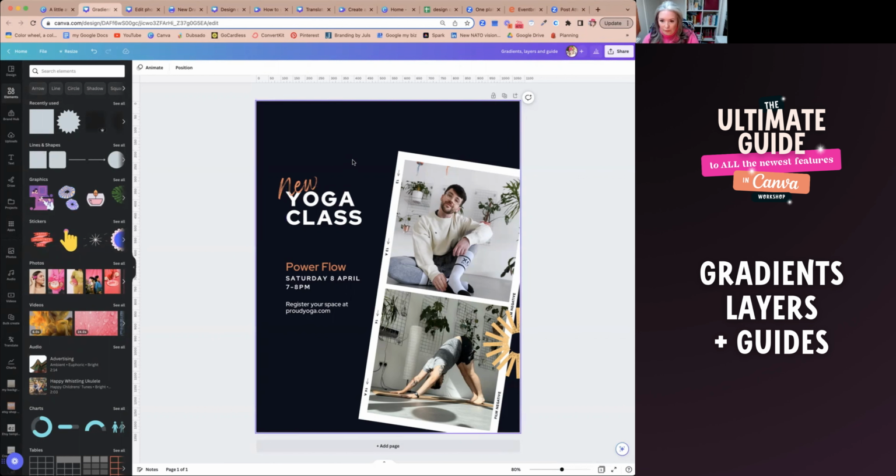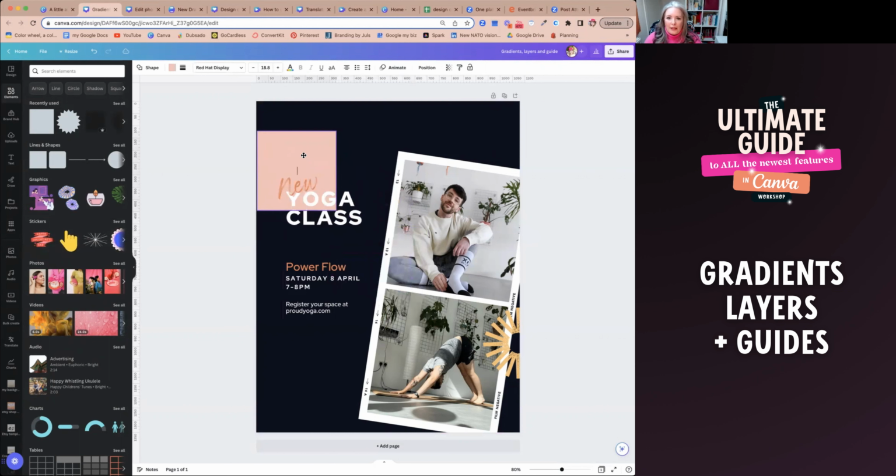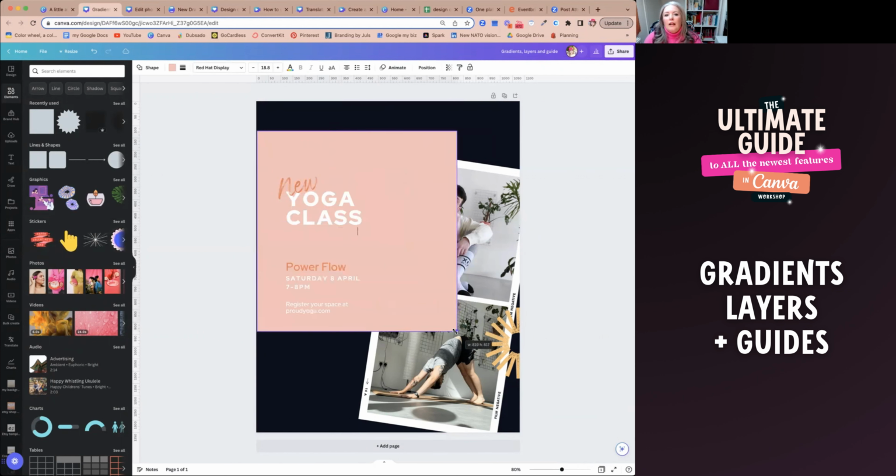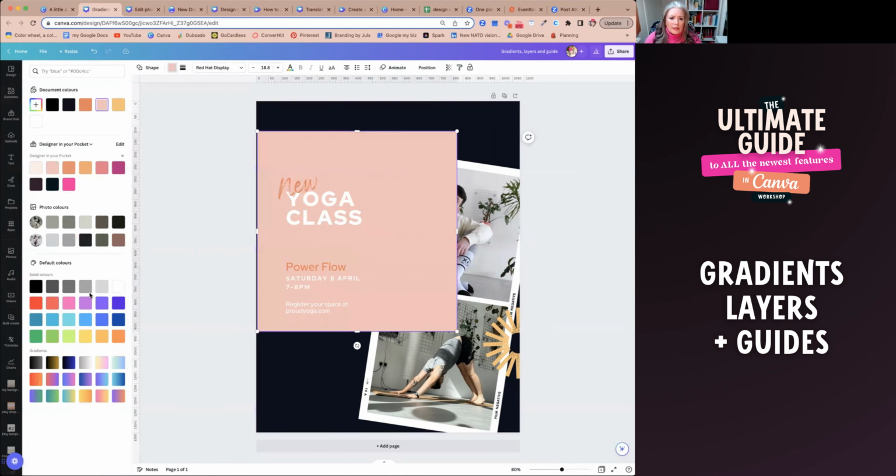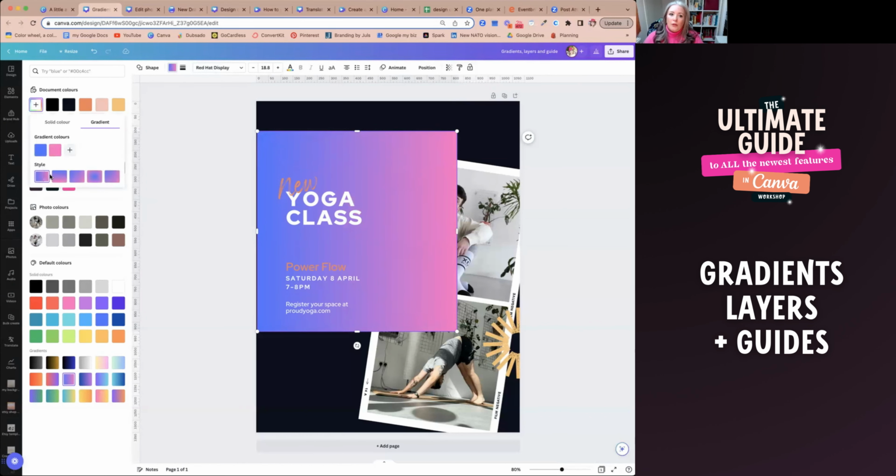Now what we can do is, if we add a rectangle just to get a shape in there, and go up to the color box. If you scroll down to the bottom, you will see this area down here now has gradients, and they have some predetermined colors. But not to worry if there isn't a color there that suits your own brand colors, because if you go up to document colors and click on the plus symbol, you can go in here and change the gradient, and change the direction the gradient goes, left, right, top to bottom,